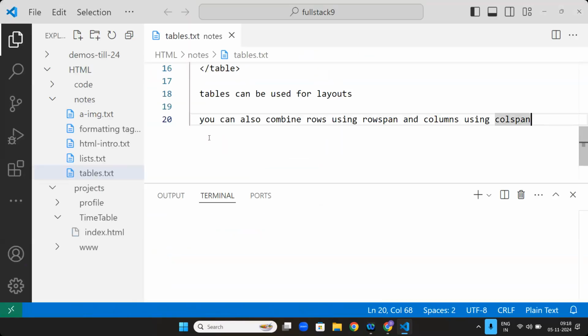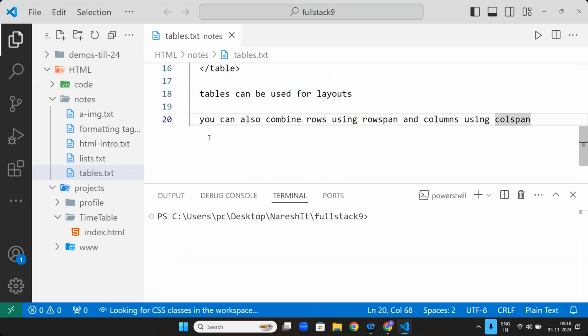I think yesterday we discussed tables. In tables, we understood how tables can be done. Until now, the topics which we have learned,